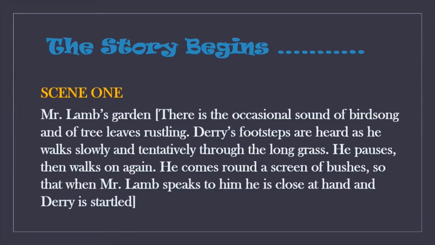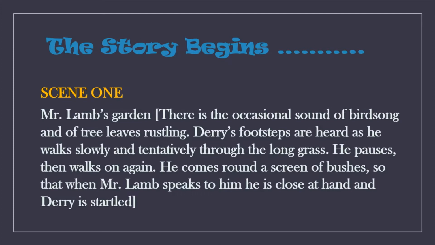Before we start, we see that this is a play featuring an old man, Mr. Lamb, who has a tin leg, and a small boy, Derry, with a burnt face. Derry is extremely withdrawn and defiant, and hesitates to meet people as he thinks that people make him feel embarrassed by commenting on his ugly-looking face. Then we see that Derry coincidentally meets Mr. Lamb, who always looks at the bright side of things.